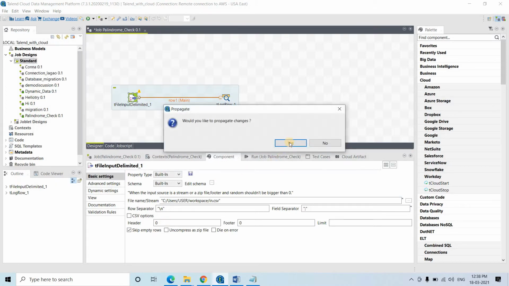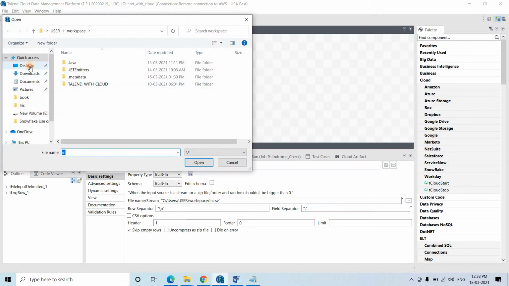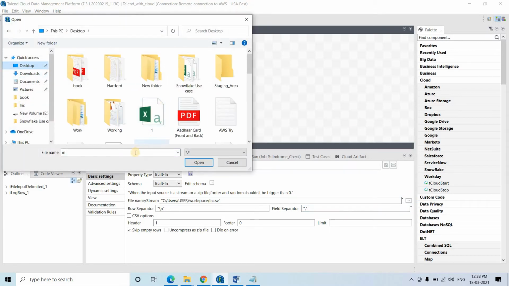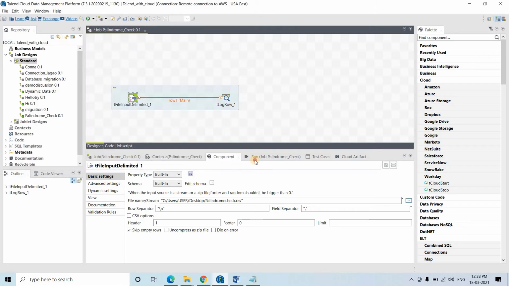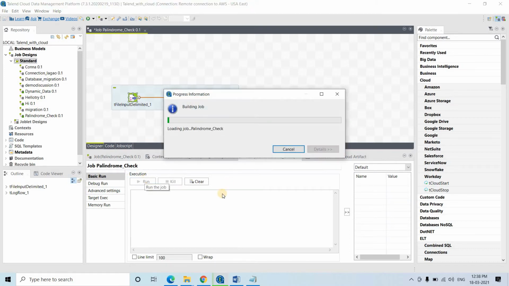I want to propagate changes. Header is 1, and field separator, although there are no different columns present, I am still giving a comma, which is good practice. Now selecting this, going to the desktop, and choosing the CSV file. Let's run that and check whether we are getting the records or not.